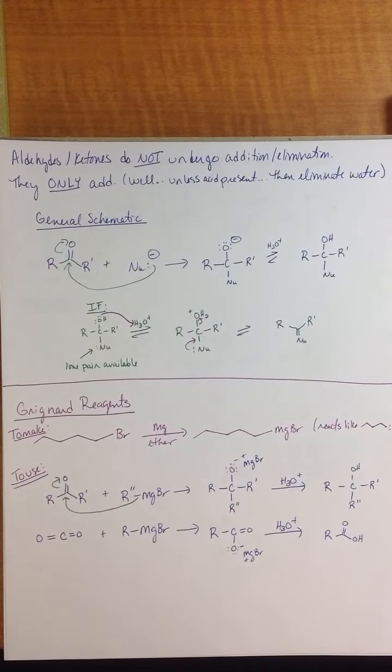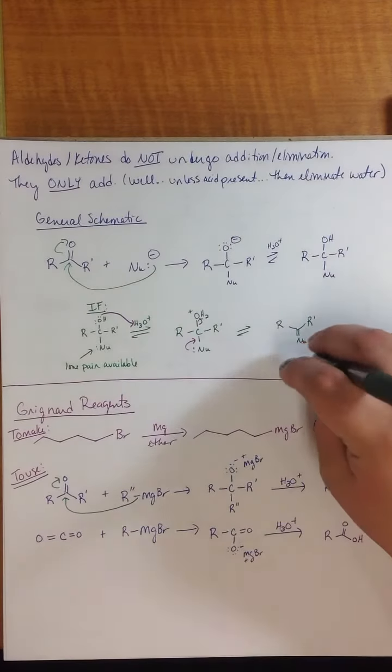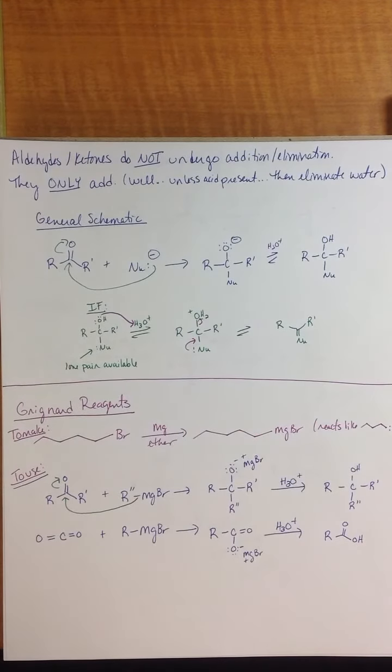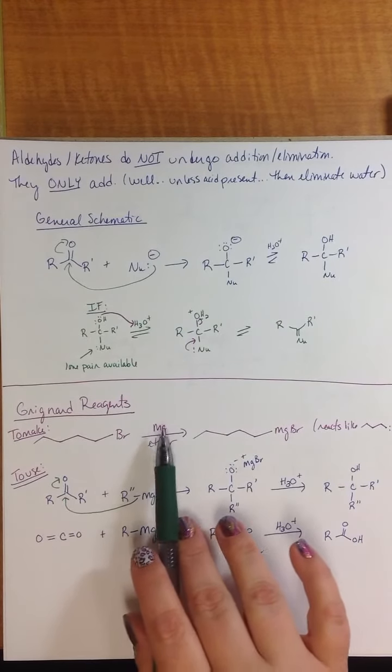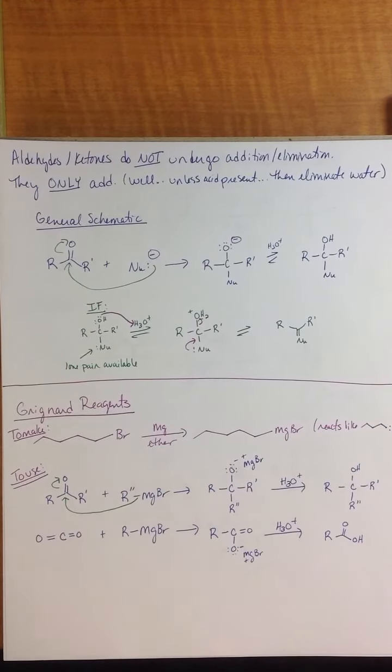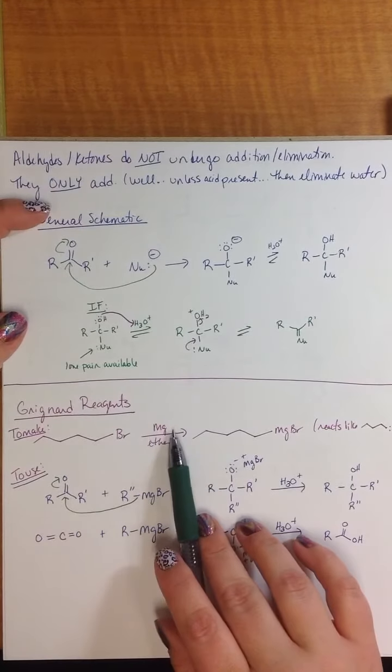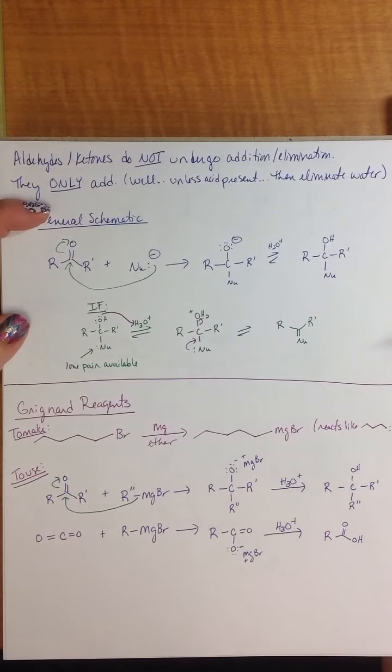Now let's switch topics for a little bit, because the first thing that we're going to use as a nucleophile is a Grignard reagent. And Grignard reagents are the ones that we probably touched on in class, the ones where you're tapping, remember? And we talked about that in a previous video as well. What you're doing is trying to get the oxidation off of that magnesium to start the reaction. This is a very water-sensitive reaction, but you basically take an alkyl bromide and put it with magnesium in ether,